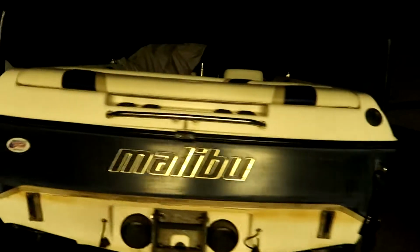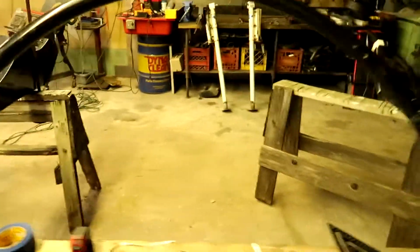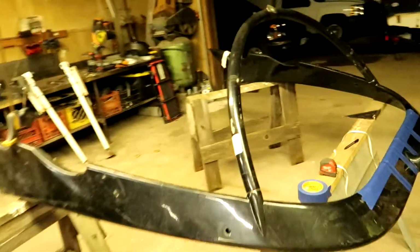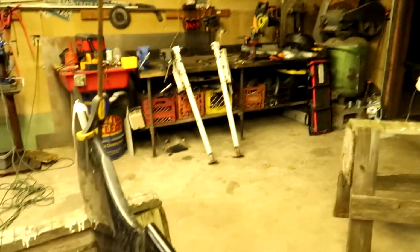Alright, so we got like a 02 or 05 Malibu Sunsetter that a customer wants a Wakesetter rack, a Malibu Wakesetter wake rack, tow rack on that. So this thing's like 88 and 5/8 wide, the whole thing, and then the boat like 60, what is it? What do we got? 76 and 3/4. So we got to take 11 and